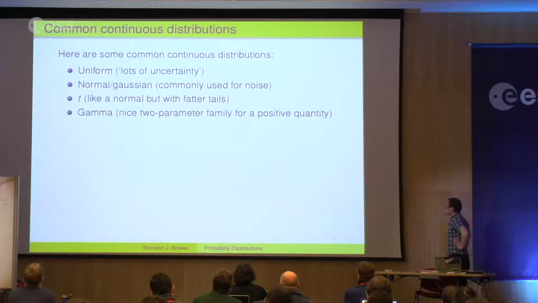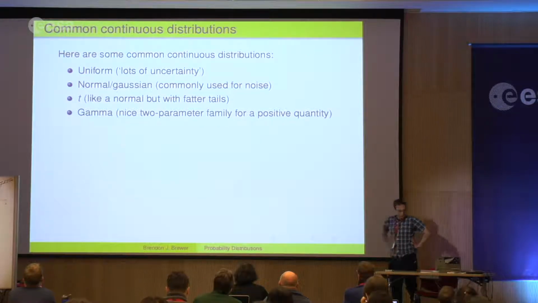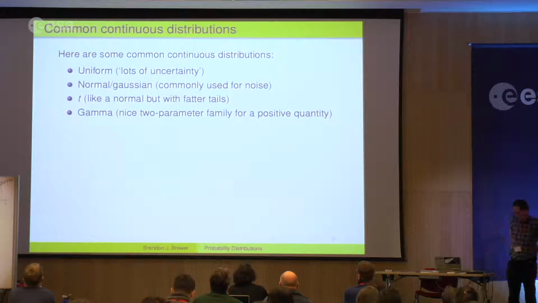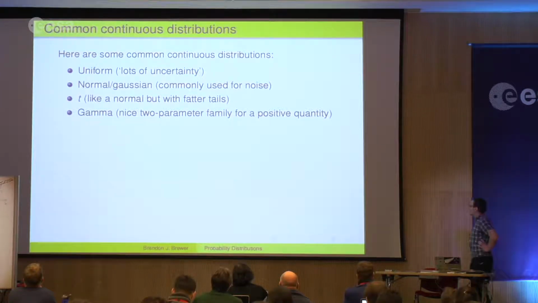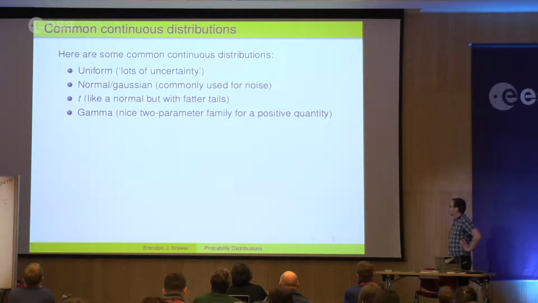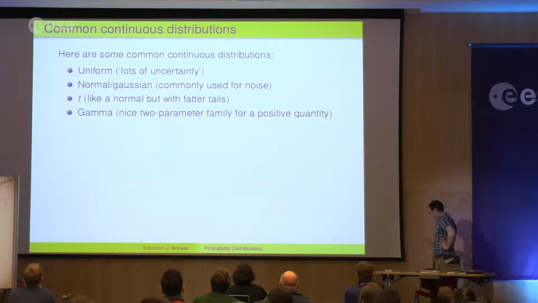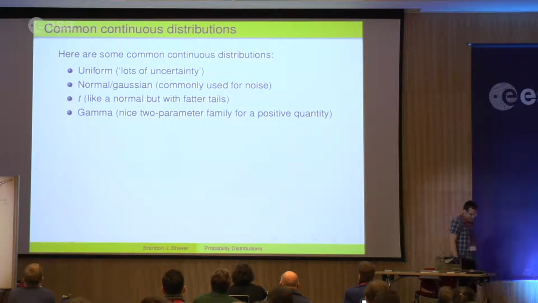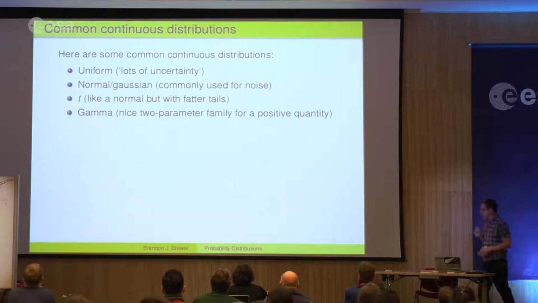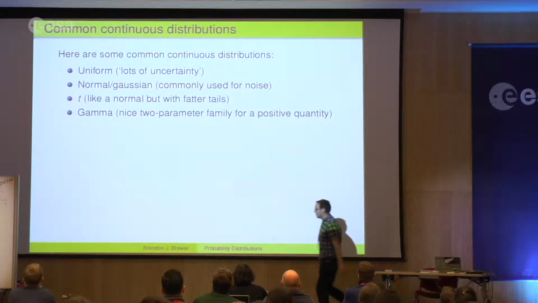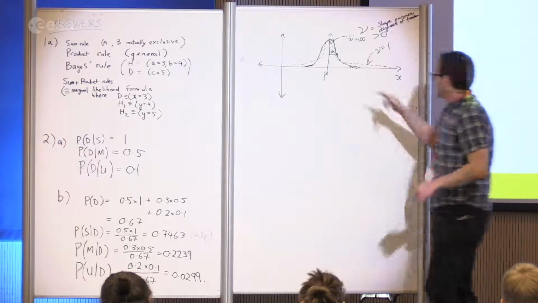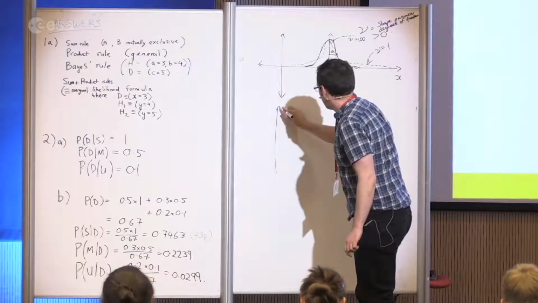There are gamma distributions. These come up from time to time. They have nice mathematical properties. They work well with other distributions. I'm not really going to go into that. Something called conjugate priors, if you want to look it up. That's a 2-parameter family of distributions for positive random variables. And I'll just draw a sketch of the kind of thing you can have. Sorry, with a gamma. So t's look like this. Gammas,